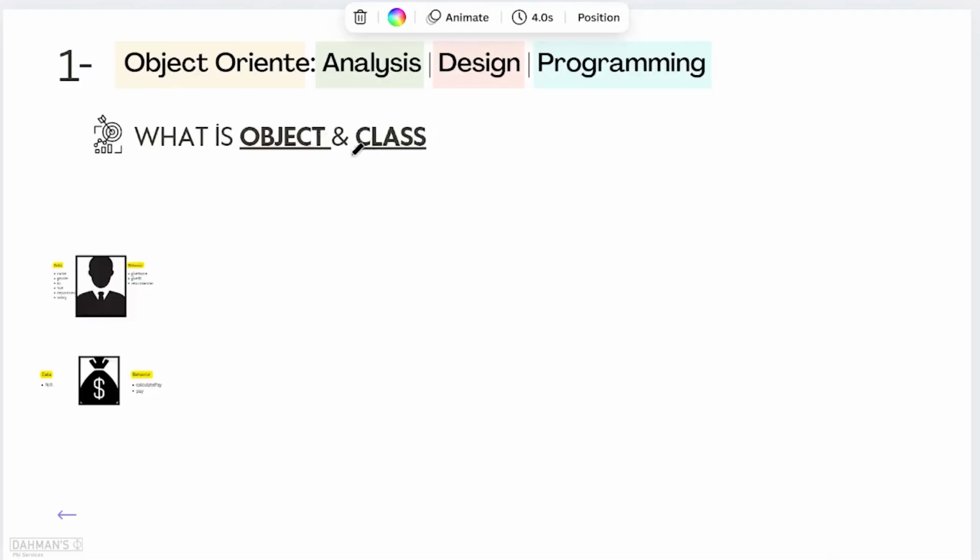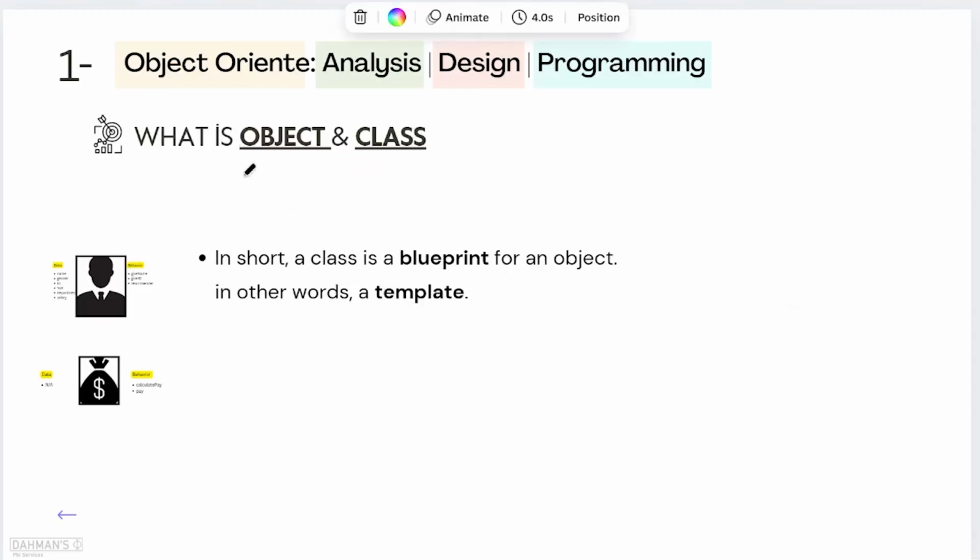Now let's move to the word class. What do we mean exactly with a class? So now we know an object. Let's say, what does this word class mean? Well, literally, in short, a class is just the blueprint of an object. It is the template. So basically, in other words, you are creating a template or a blueprint of the object that we're talking about. And this template or the blueprint will be used anytime you would like to create,